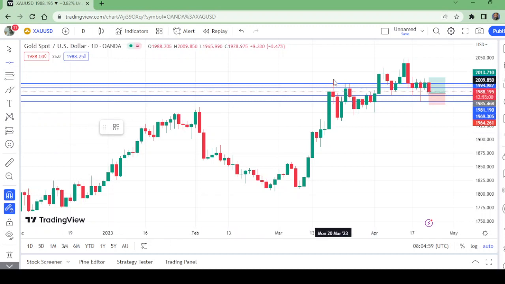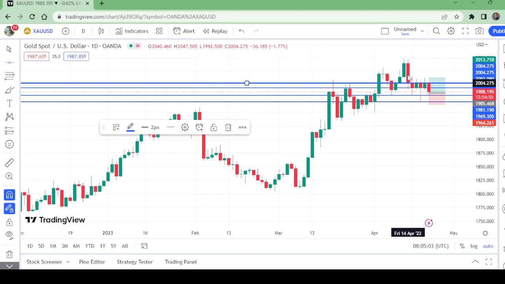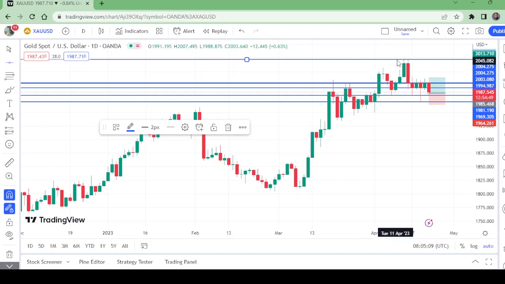I think that the gold will now go upward and break the previous high. So I don't think that it is enough to have the take profit options at this level, because gold has one quality. When it breaks the previous high, it goes too high. So if the gold is expected to break this level, what level is this?